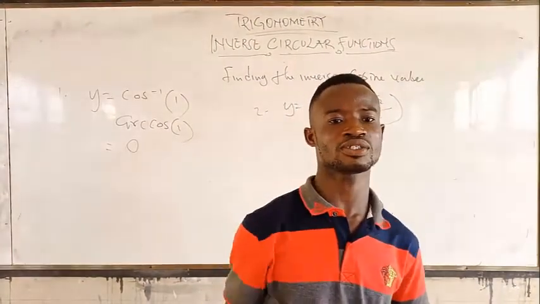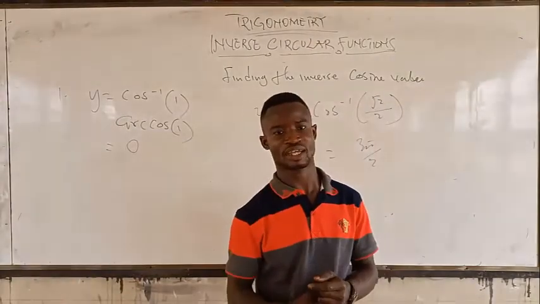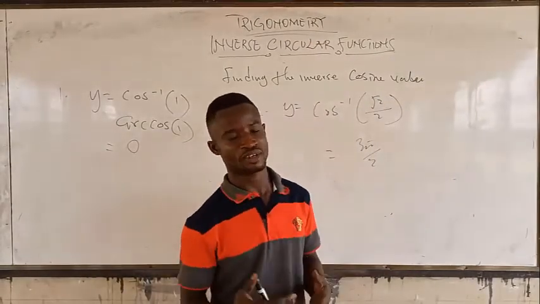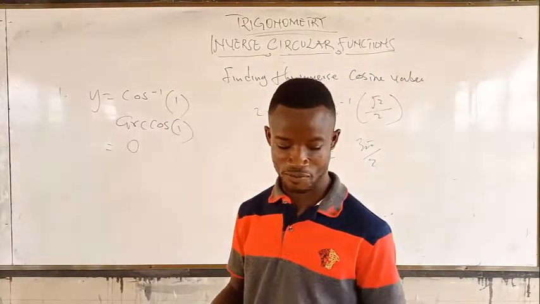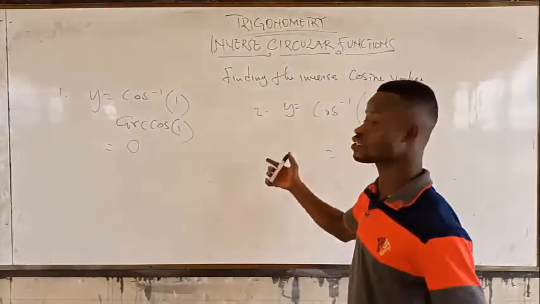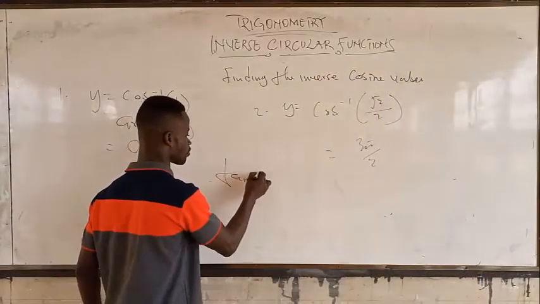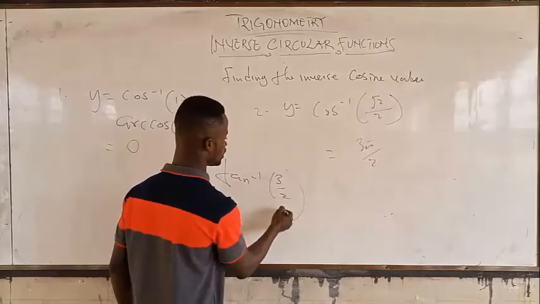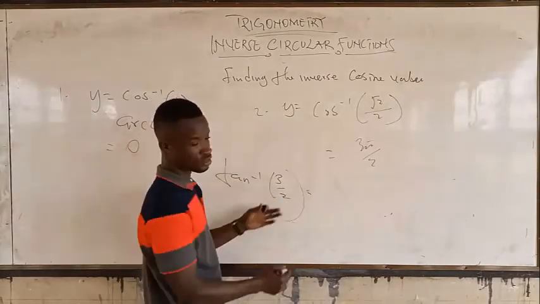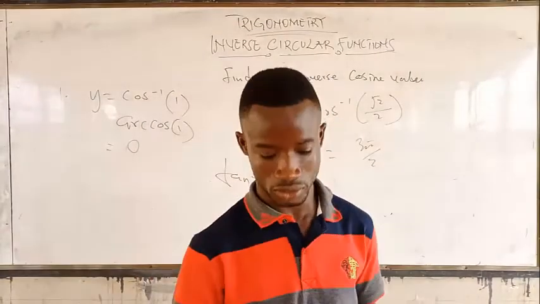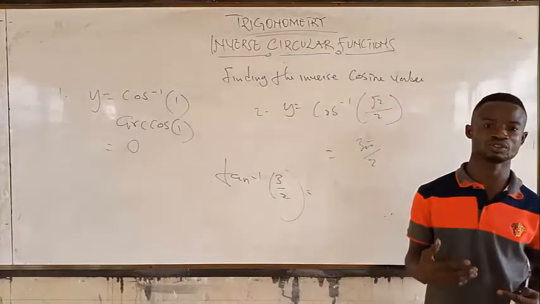In the next video, we are going to look at finding function values using the definition of trigonometric functions. Now, in case you have a tan inverse, for instance, tan inverse of 3 over 2, in the same way, do the same thing, shift tan, and the results will come. Very good. So, see you in that video to look at finding function values using the definition of